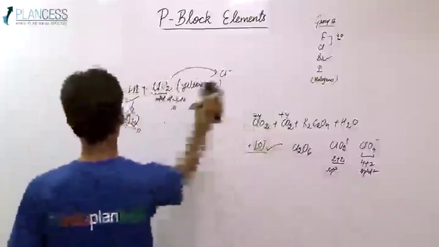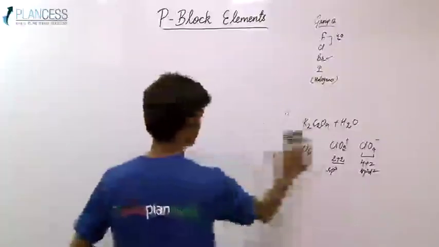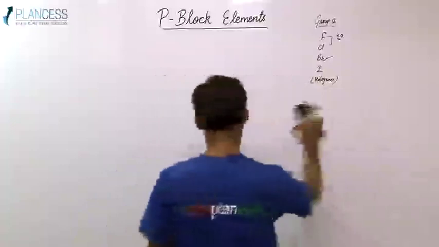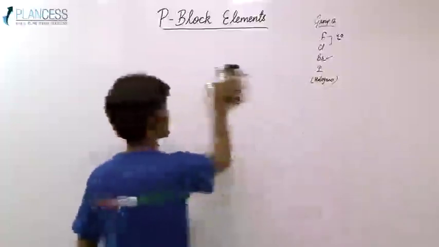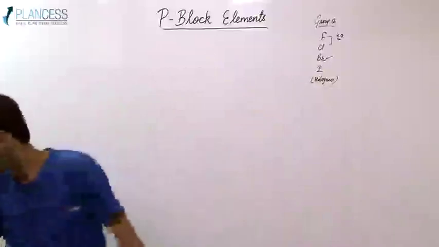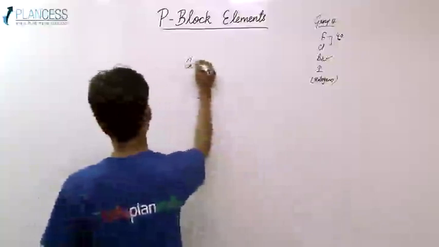Cl2O is prepared by the reaction of chlorine with HgO, which forms HgCl2.HgO and correspondingly Cl2O. So this is all. Dichlorine monoxide is not that important an oxide. Next is the bleaching powder,